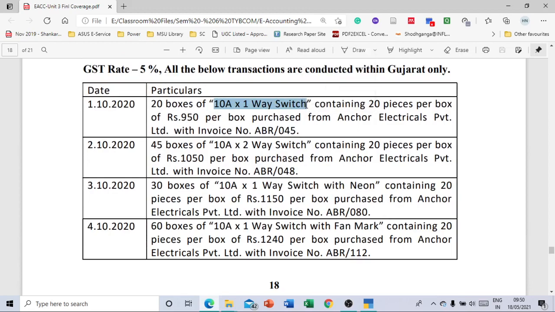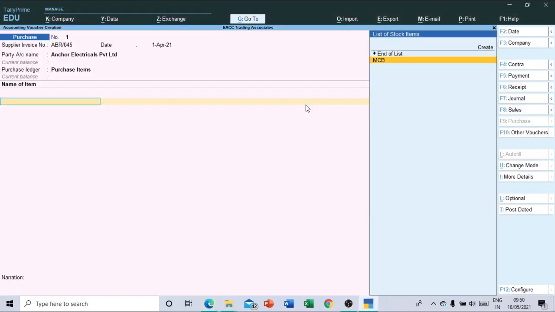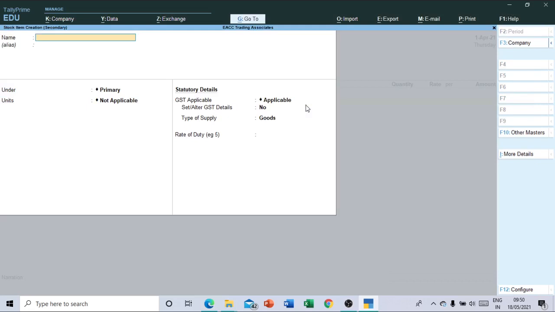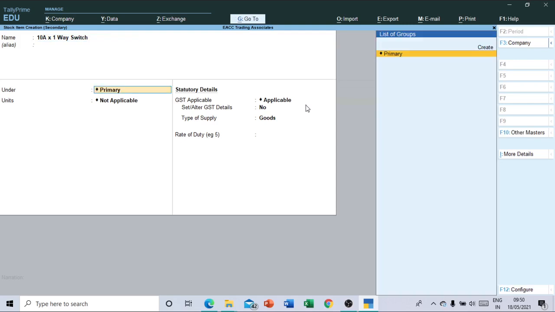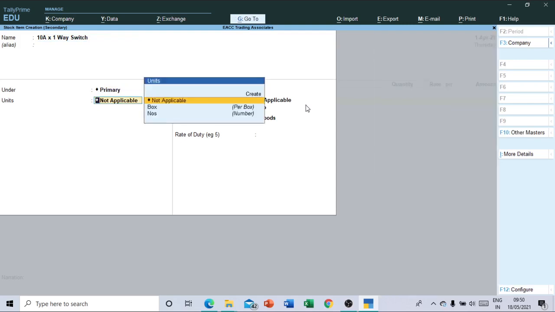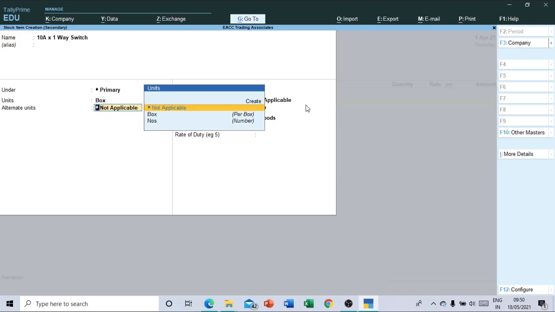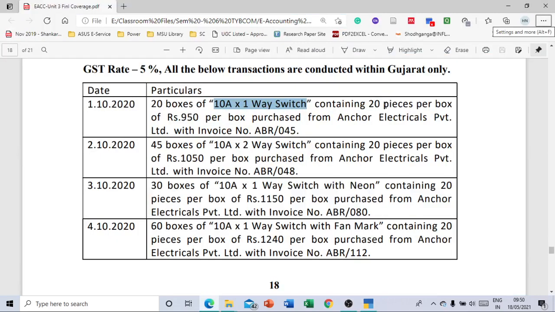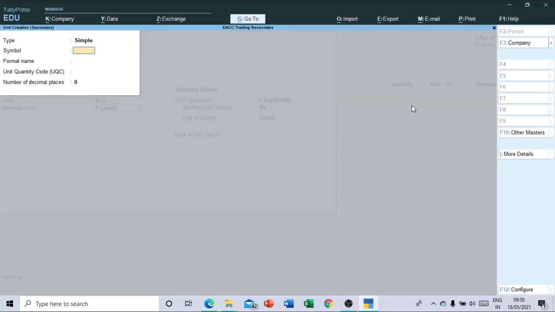चलिए मैं इसको कॉपी कर लेता हूँ और I will try to create a stock item here. I will go for the shortcut key, that is Alt plus Ctrl plus C. OK, grouping primary. Now again, the same conversion factor is available that which I have used in terms of alternative measurement, that is box and number. लेकिन आपको याद होगा हमें यहाँ पे क्या चाहिए, मुझे यहाँ पे बॉक्स चाहिए और ऑल्टरनेट यूनिट में मुझे क्रिएट करना पड़ेगा। अब आपको याद होगा यहाँ पे पीसेस दिया है, तो मैं इसको ले लेता हूँ,